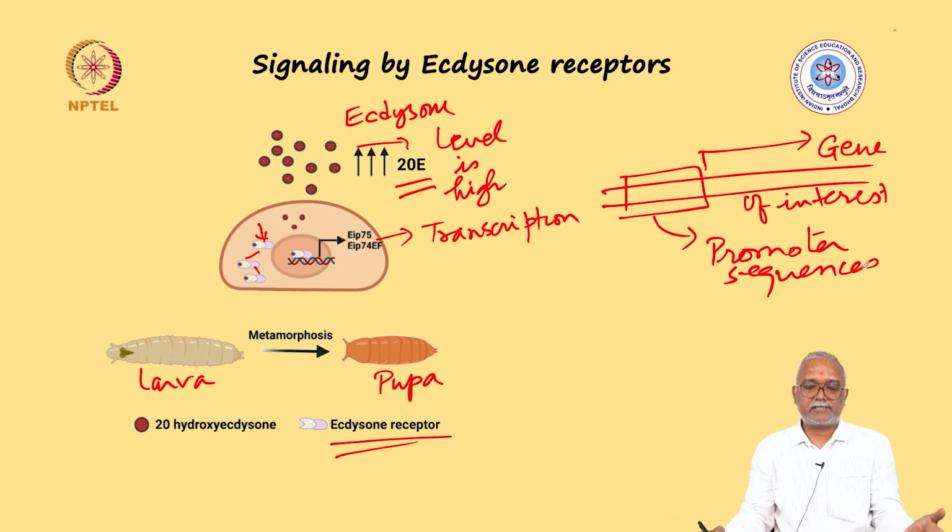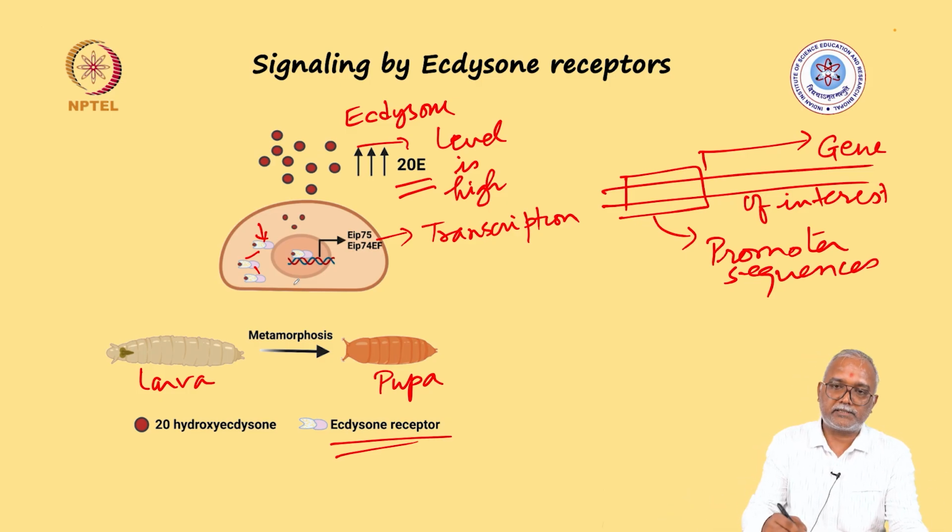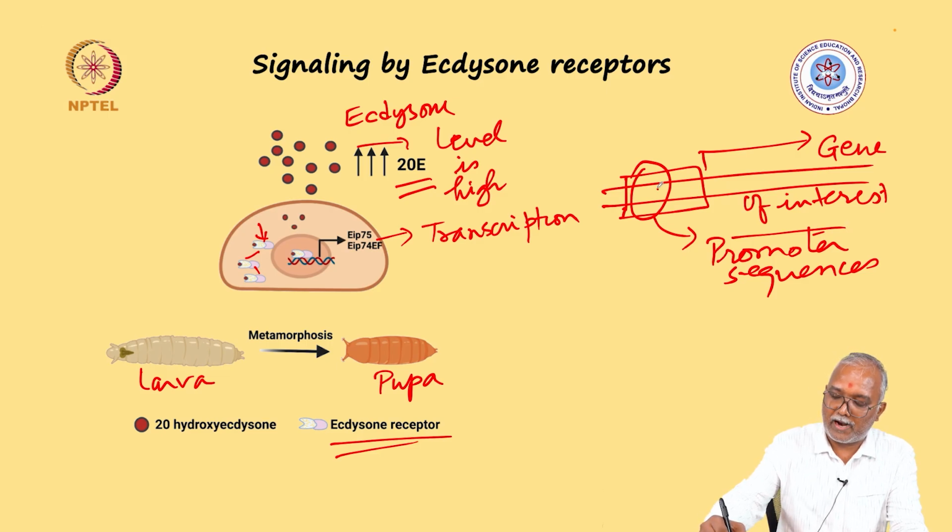In all the different cases where you saw a molecule entering inside, it has transcription factor activity. So all these ecdysone receptors which we are talking about should have a transcription factor activity, which means that they should first bind to the region of the DNA, the promoter region. For binding, they should recognize a specific sequence, and then they should be able to activate